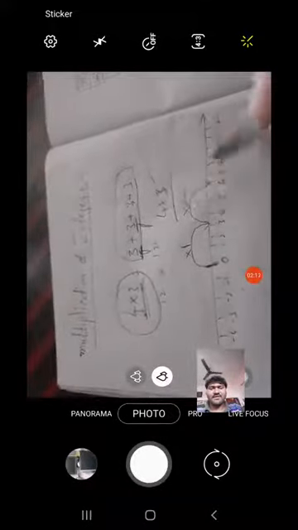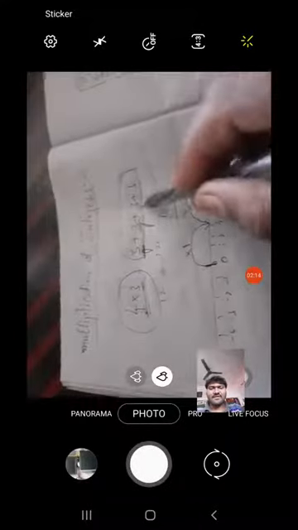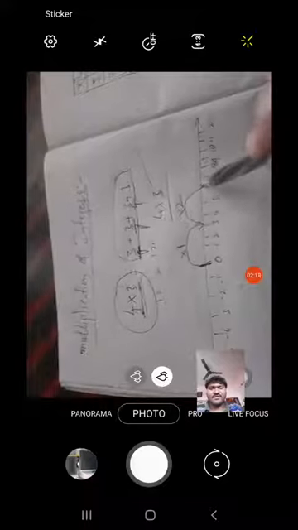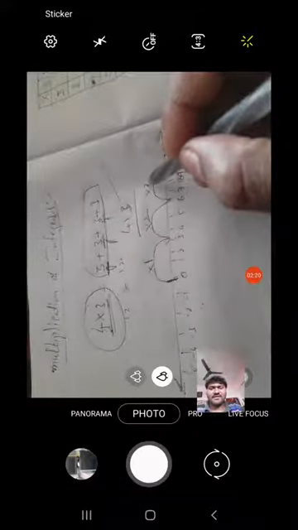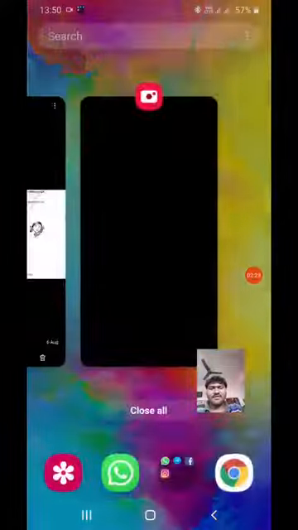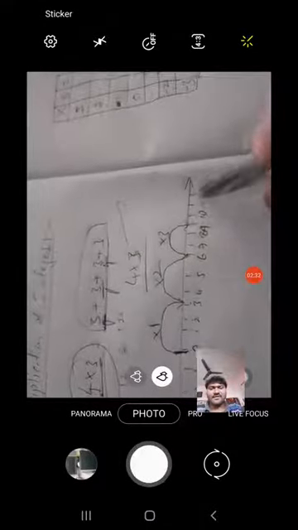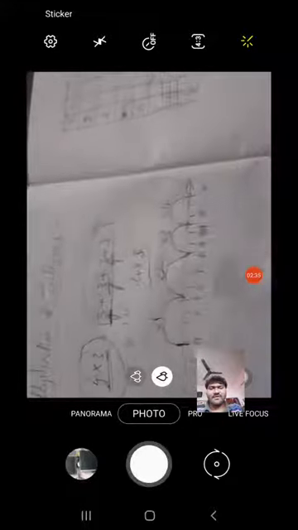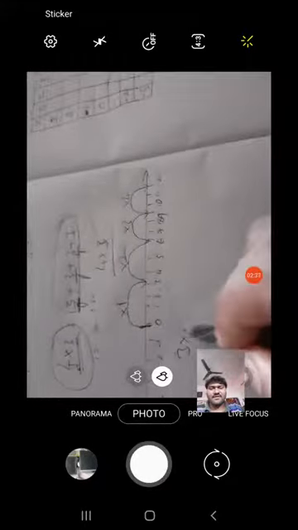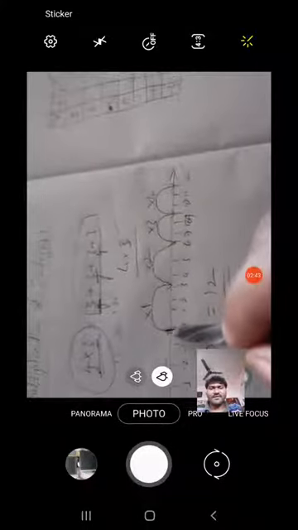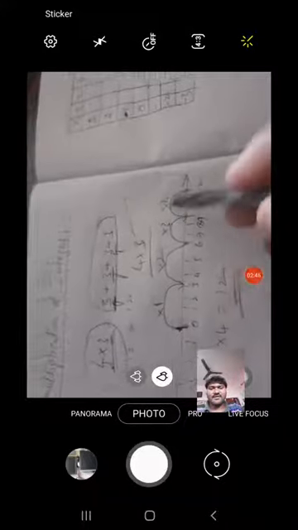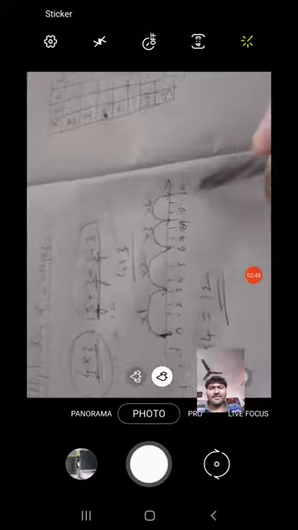Two times completed. One more 3, third time, 1, 2, 3. Three times completed, and also the last, fourth time. Fourth time you can observe 1, 2, 3. 3 multiplied 4 times will give 12. So on the number line we go from here to there, 12. So when we multiply by 4 on the number line we got 12. So 3 into 4 is equal to 12.